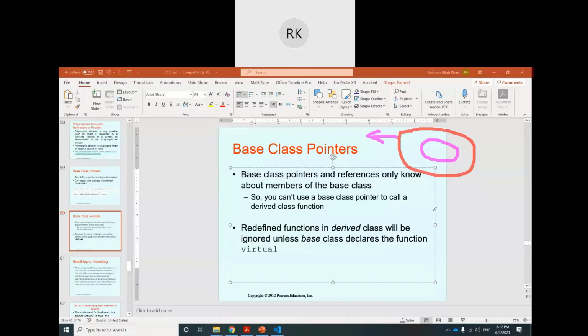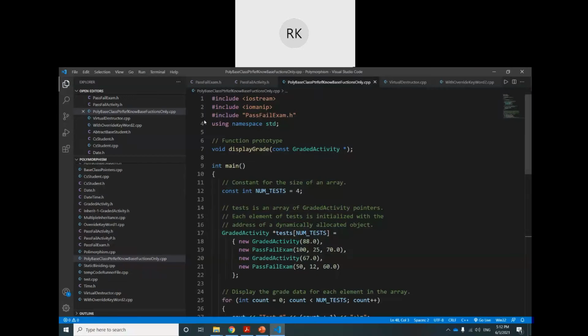So if we want to access the functions in a derived class, we still cannot access them. What does it mean? Maybe it is still a bit confusing for you. Let's come to the example, then hopefully it will be clear to you. I will try to explain again.